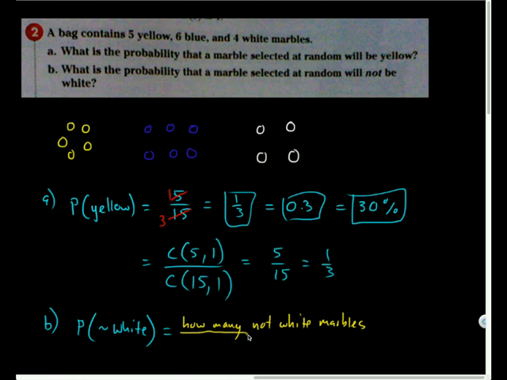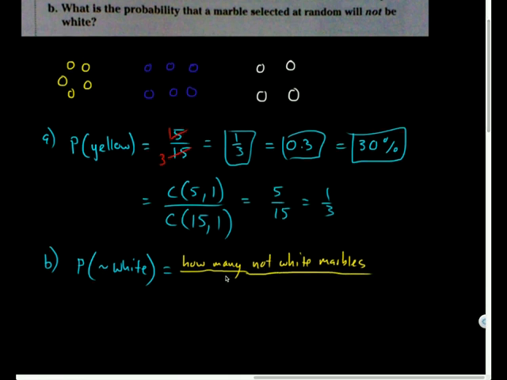All right, if you want to put words to this, if that helps you, if you're more of a verbal person and trying to interpret this. And then I'm putting this over the total, so how many ways can any marble be selected? So that's the words I would put to that if we were to use the language. So how many not white marbles are there? Well, there are 5 yellow marbles, which are not white, and there are 6 blue marbles, which are not white. So that's a total of 11.